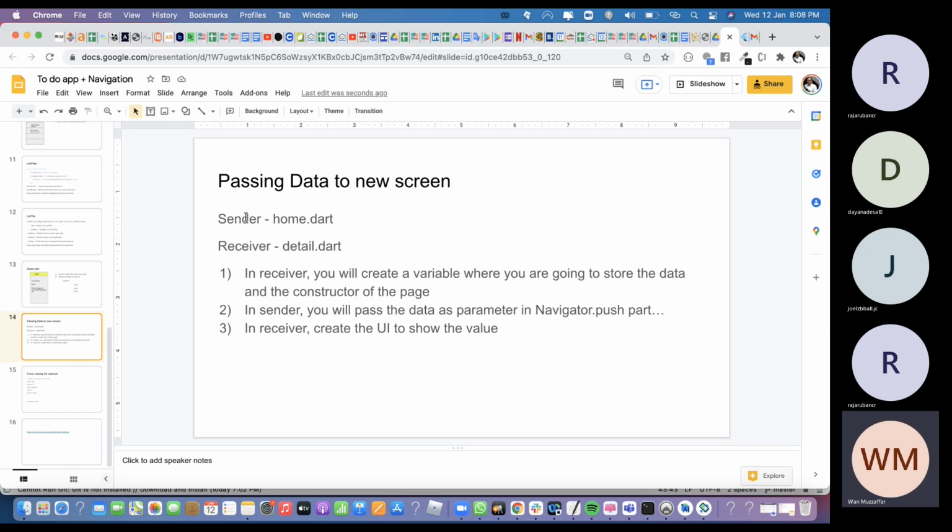So I will explain to you how to pass data to the second page, to a new screen, right? We have the sender. When we talk about passing data to,